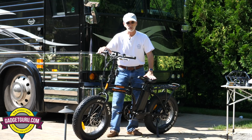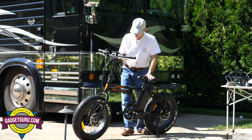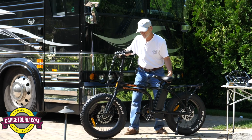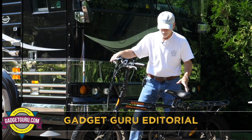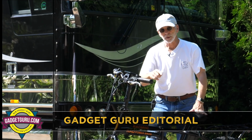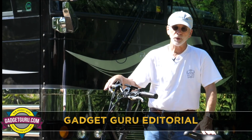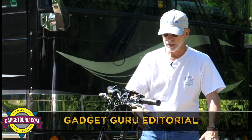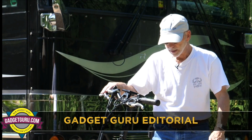Now, if you're seeing the frustration, it's not really frustration, but the trials and tribulations I'm going through putting this together. Let this be a lesson to manufacturers or other reviewers. Hey, reviewers, when a manufacturer comes by with a rep, with a product that's already put together that says it's easy to assemble, send them back home. Tell them to come back with it in a box, and you sit there without them saying a word, and you try to put it together yourself without taking their word for it how easy it is to assemble. Now, to be honest with you, I'm not criticizing this one product because so far it's been pretty easy to assemble. I'm just not the most mechanically